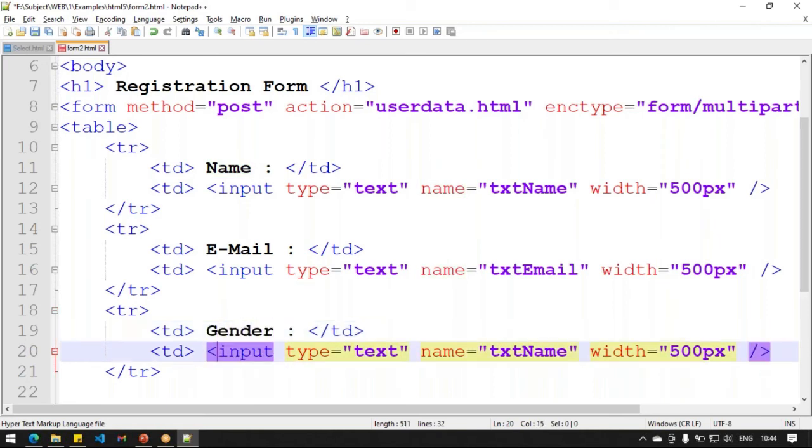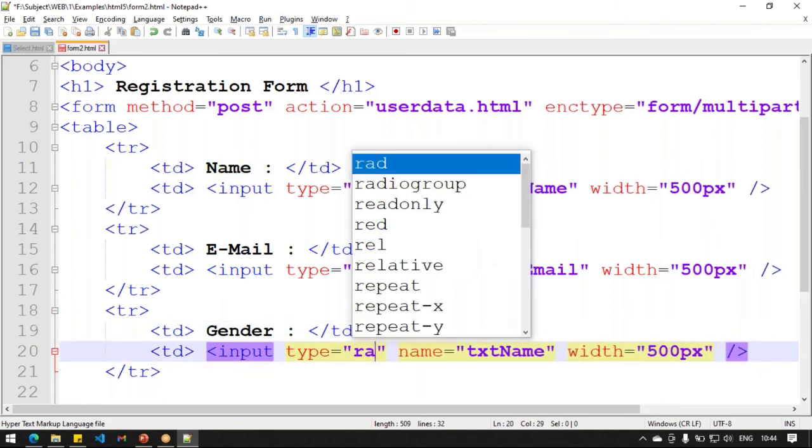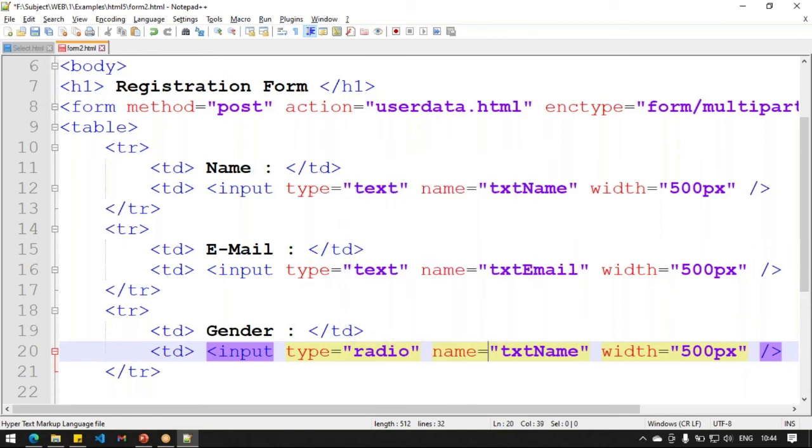Gender. Okay, let's put down two radios, radio txtgen, male.